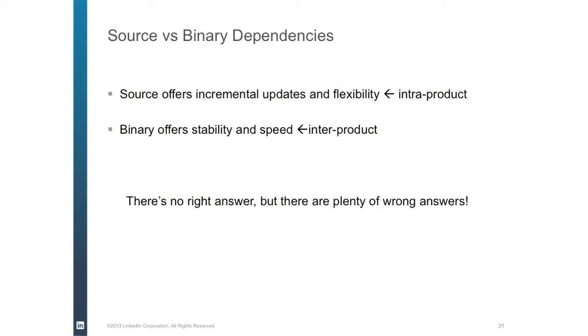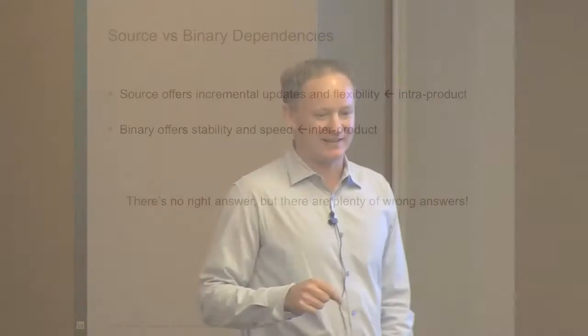Okay, so I want to take right now. One of the big subjects of conversation at LinkedIn has been, what do we do in terms of source versus binary dependencies? So source dependencies or source level dependencies gives you a lot of flexibility in development. You can change anything, recompile it. If you're talking static content or JRebel or something like that, or even the Gradle daemon, you can easily get all those updates while you're working.